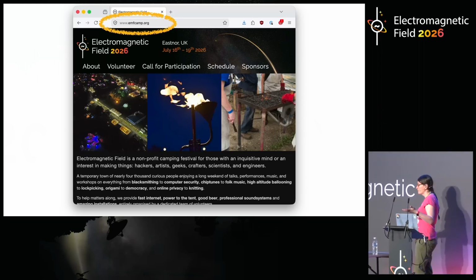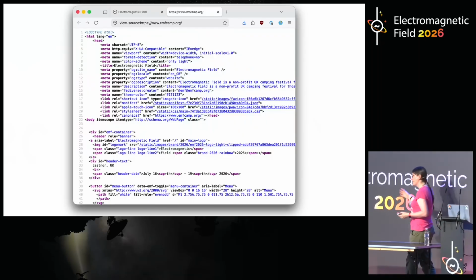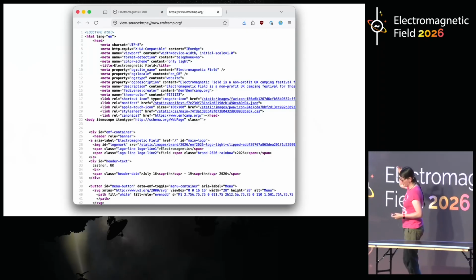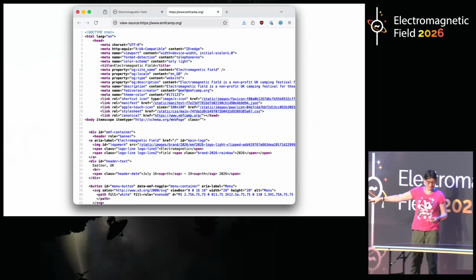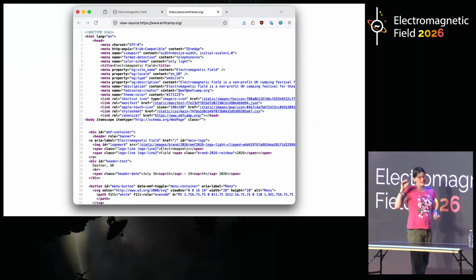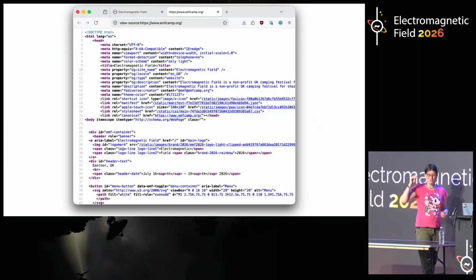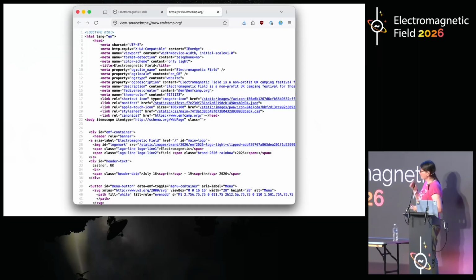If you go to your browser and hit view source, you see something like this, which is the HTML source code of the website, which says what it looks like, what text is on the website, and what images are going to be downloaded and embedded. And that's what your browser gets from the internet to show you the website. In principle, how this works is fairly simple